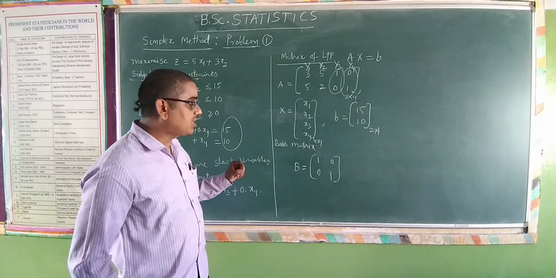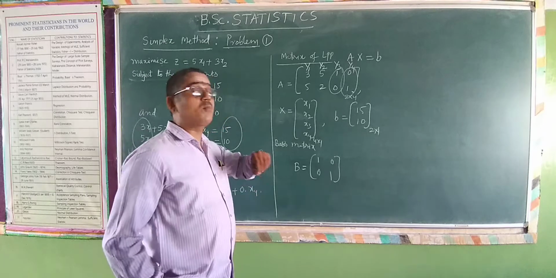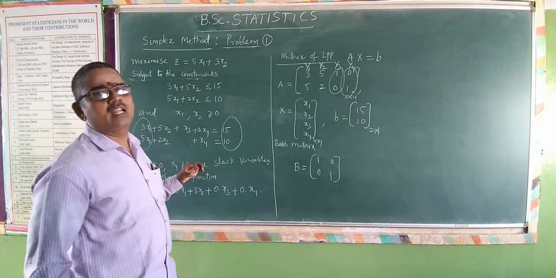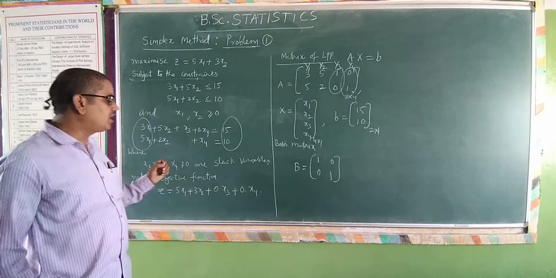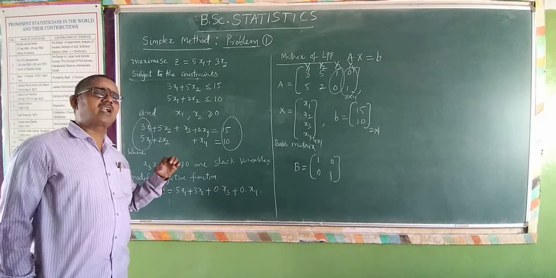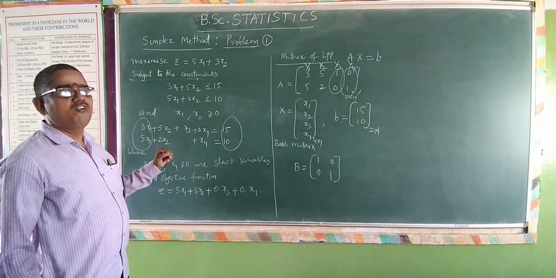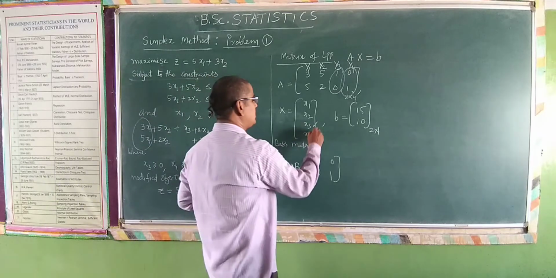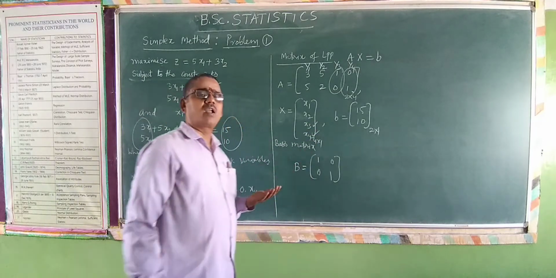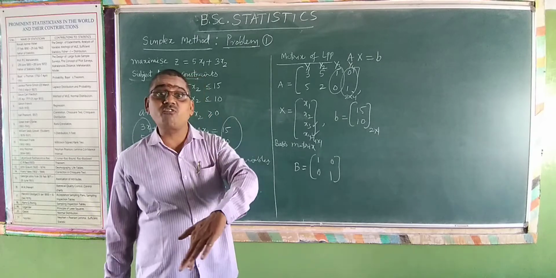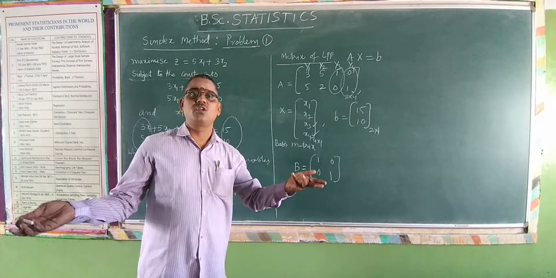Right. So this is the unit matrix, and then again one more particular representation. How many vectors are there in the basis matrix we are representing here? With the help of the basis matrix in the form 1 0, wherever 1 0 need not be in the order x3 and x4. You see here x3 and x4 which are in order. For example, it may be x3 and x5. x4 may not be. Or x5 first one, x3 next one.